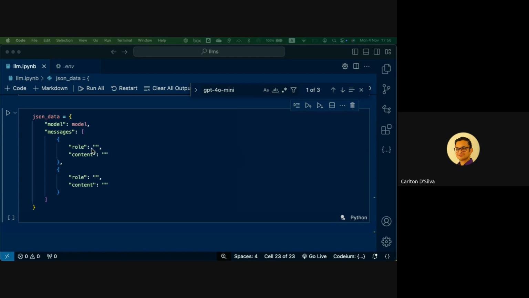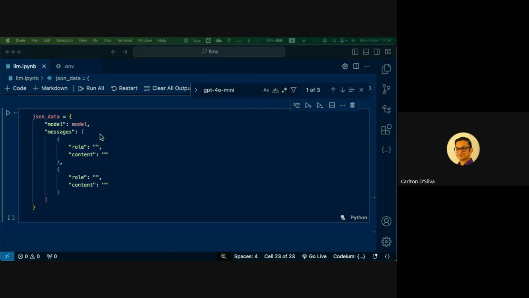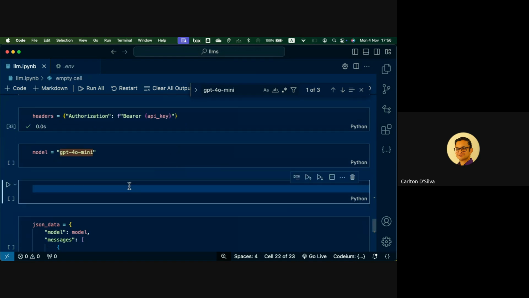It's saying the role of the system will be here, and then the other one is the user. Now you may ask, what content do we put here? I'll call this instruction.